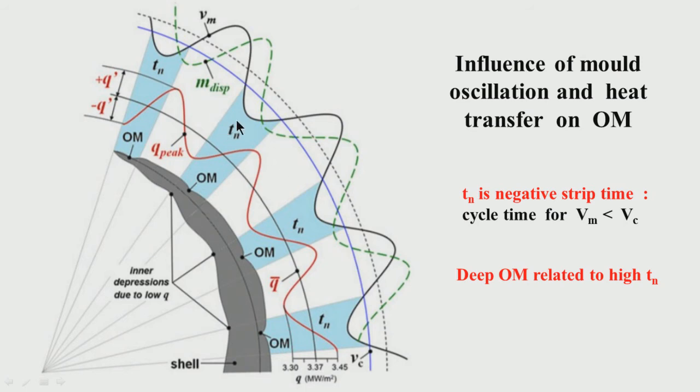where this negative strip time is taking place. Negative strip time is taking place, as I have mentioned, when the velocity of the mold is relatively lower compared to the velocity of the casting, velocity of mold less than velocity of casting. So, negative strip time is this part of the cycle in time, in second. So, we find that oscillation marks are forming in these regions, but look at what is happening at some depressions